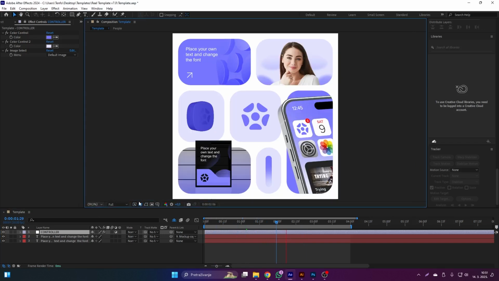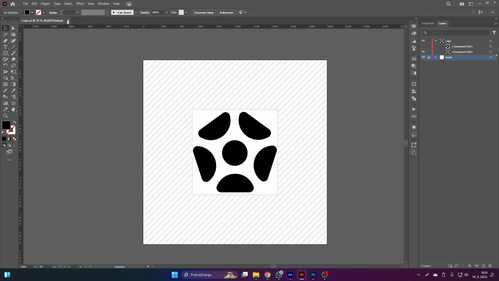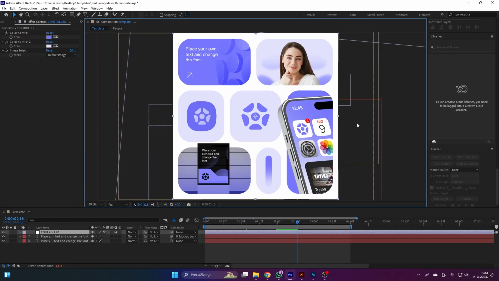So as you can see, it's very simple. Just change the logo in Illustrator, and that's it. You can close the Illustrator now. So let me show you what other options. This is